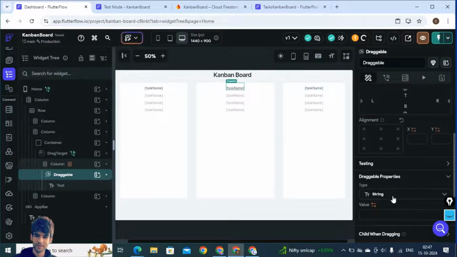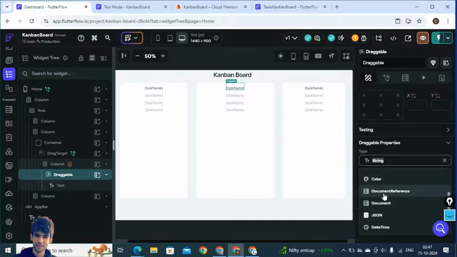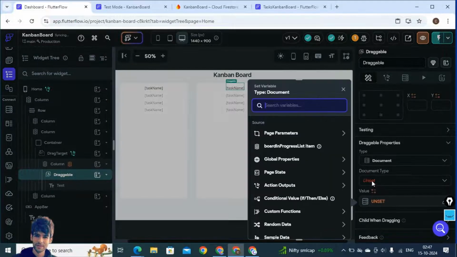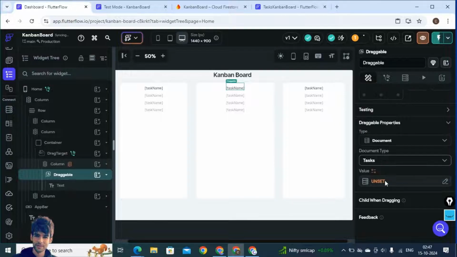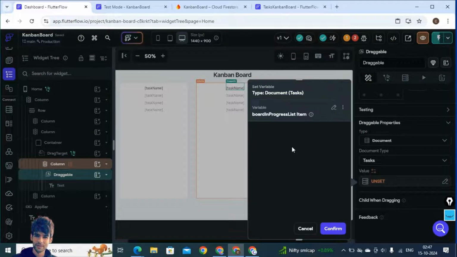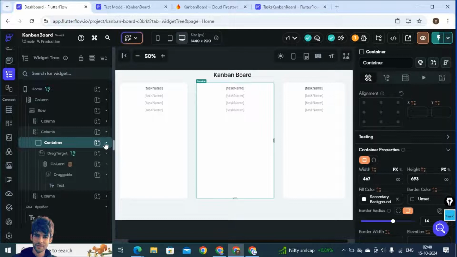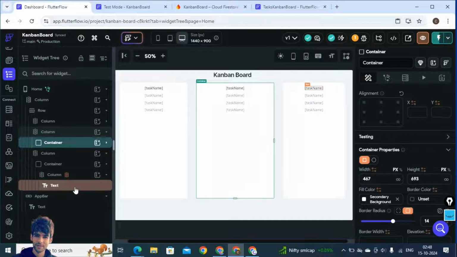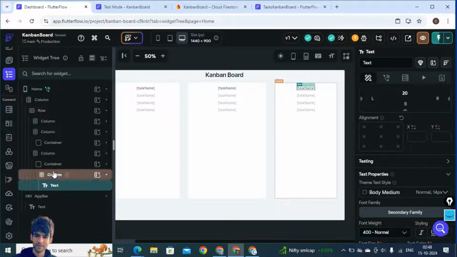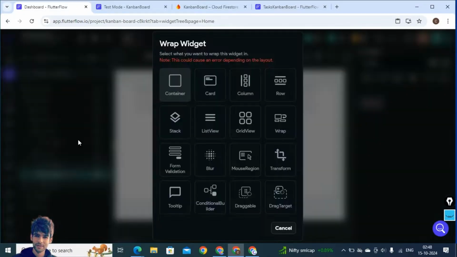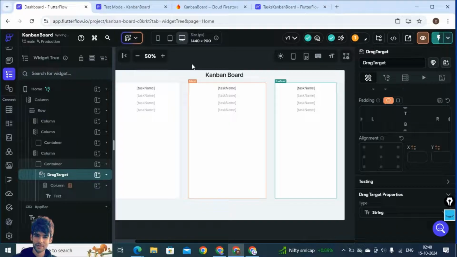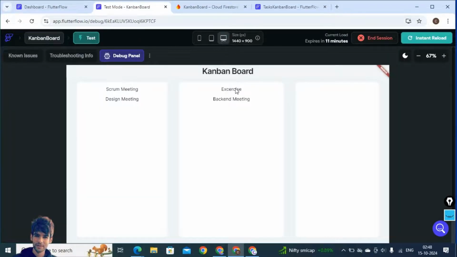Go to the bottom, select the type, make it document. Document type will be tasks, and the value will be board list item. Now this will also be able to drag. Okay, so we are done with the progress part list. Now we have to configure the completed task list as well, right? So here this will be done as a drag target, because we will shift the data from in progress to completed task,